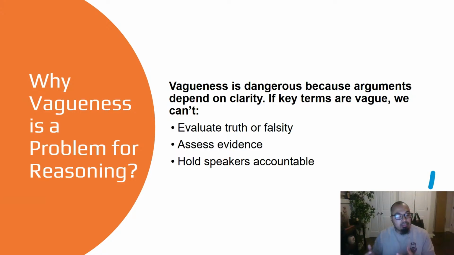Because if someone is being vague when you're conversing with them, and you know this particular problem, you can say, can you clarify what you mean? Can you elaborate on what you're trying to say? Can you give me some examples of what you mean? You hold the speaker accountable, and you yourself should be doing the same thing. You should provide examples. You should simplify what you mean. You should further elaborate on what you're trying to say, because this all helps in communicating and seeking after truth.